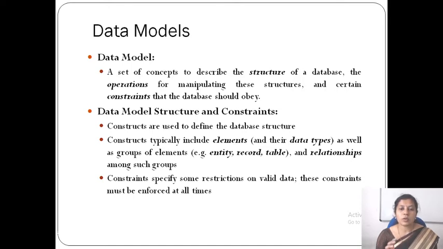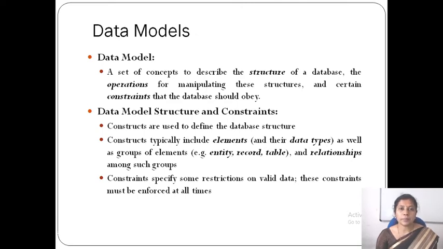The constructs which are used to define the database structures are nothing but elements, groups of elements, and the relationships among the groups. For example, if you have a company database, and there you have to define employees, employee information you have to store.